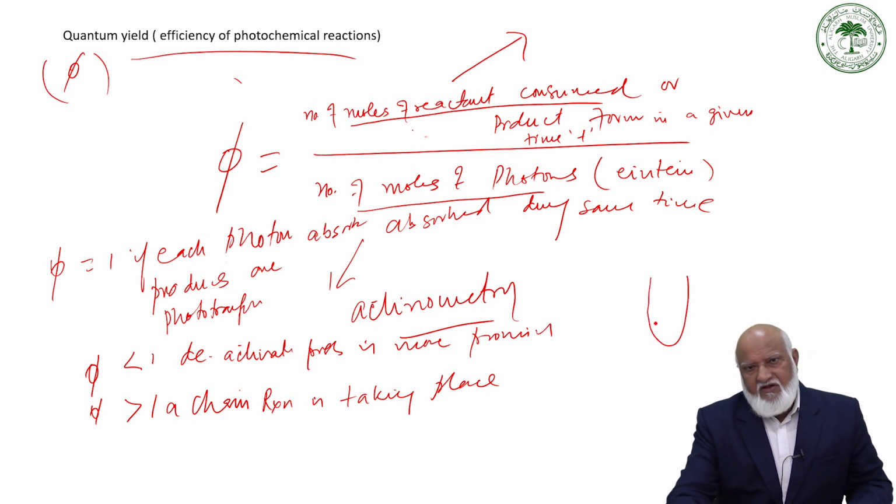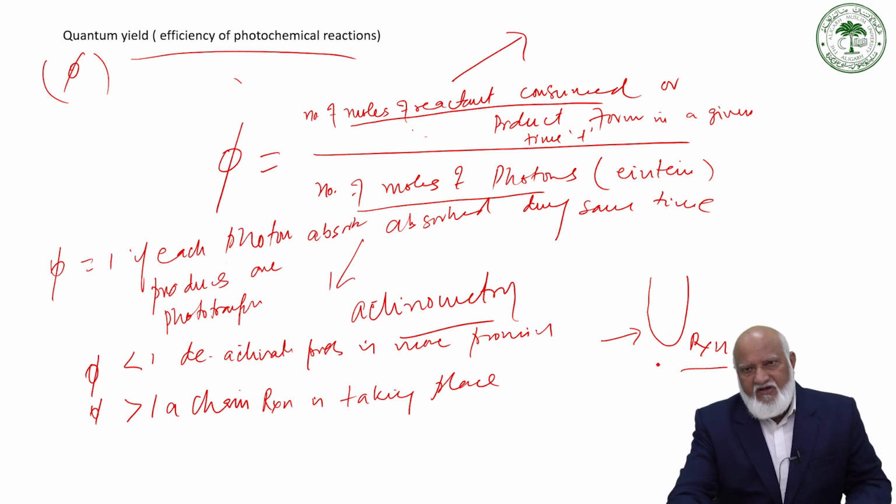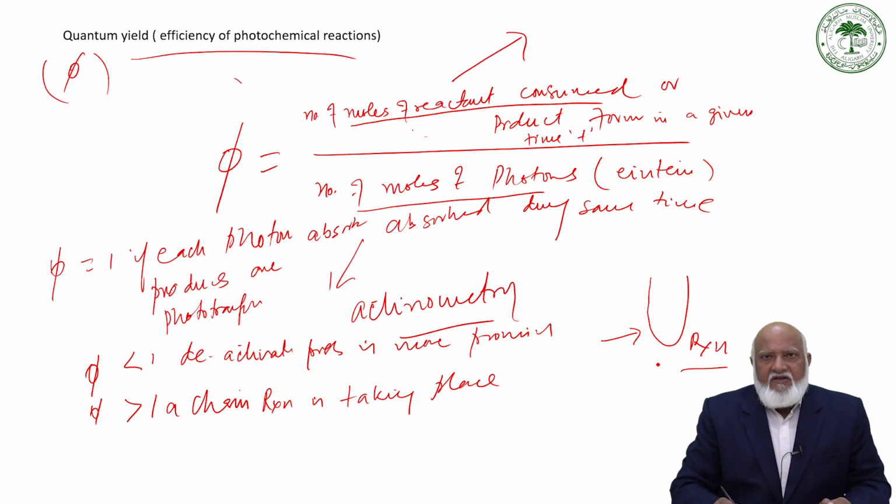It is possible to carry out these experiments in the same reaction vessel. If sometimes the reaction vessel is broken, then we have to determine this quantum yield, the actinometry experiment, once again, because the light absorbed by the glass, thickness, length, and path length are all important parameters in determining the number of photons in terms of Einstein. So the quantum yield can be carried out in the same vessel in which the photochemical reaction of